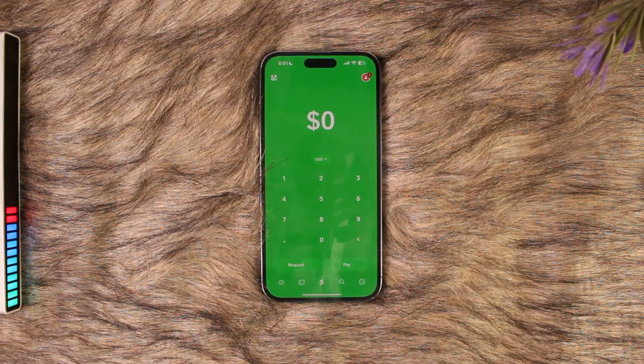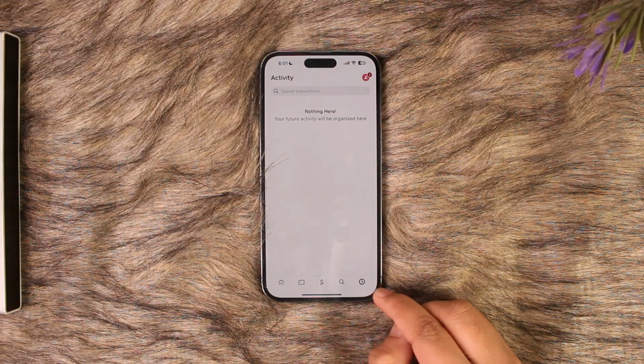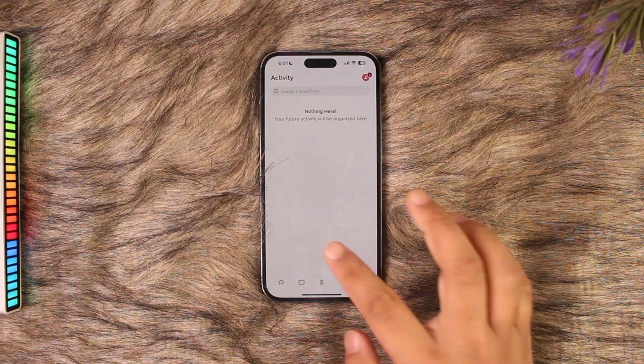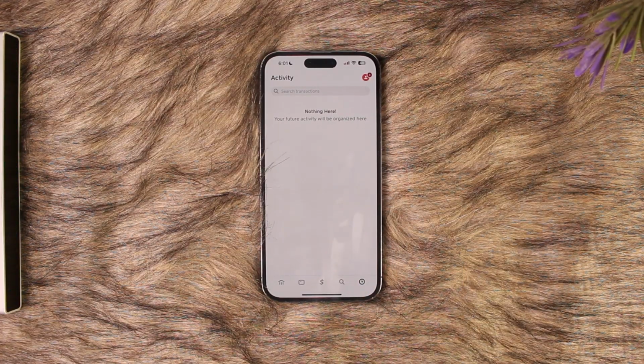Once you open Cash App, just tap on the activity icon located at the bottom right. From here, what you have to do is simply find the transaction with the person you want to unblock. So you must have made some kind of transaction with that person. Just find the transaction with that person and go to their profile page,